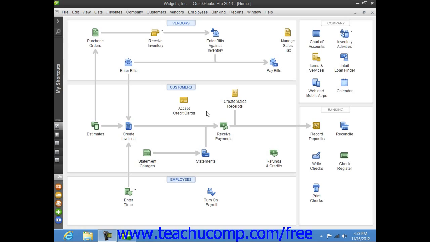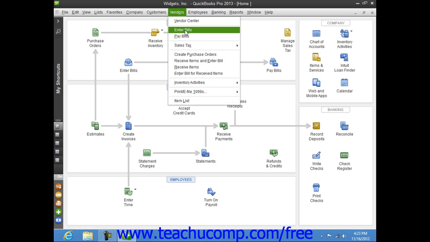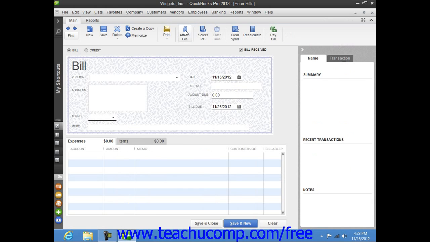You should always enter bills into QuickBooks as soon as you receive them. Use the Enter Bills window to do this. To enter a bill, select Vendors from the menu bar, and then choose the Enter Bills command. The top half of the Enter Bills window is where you enter your bill information. The bottom half of the window is where you assign the bill amount to different expense accounts or list the